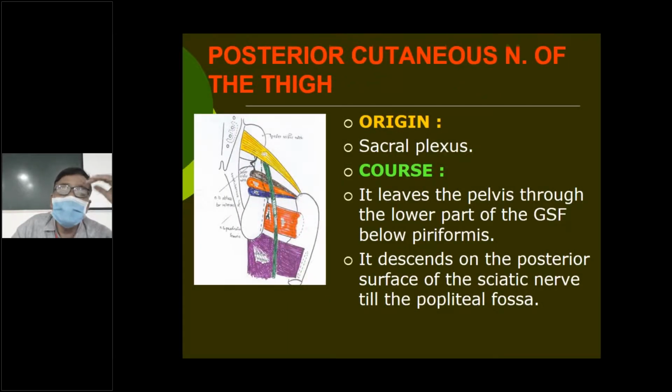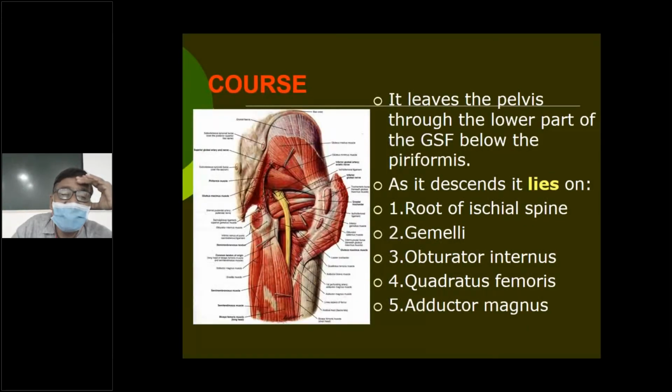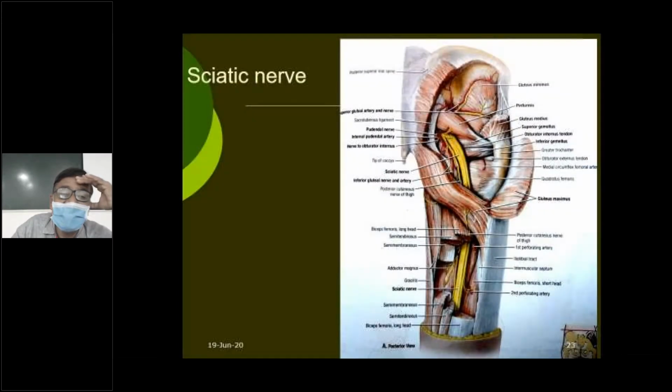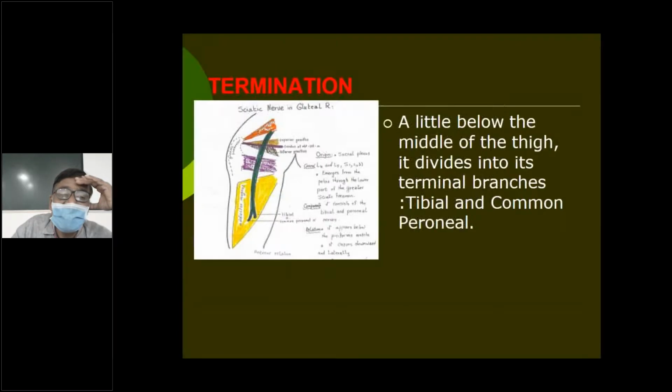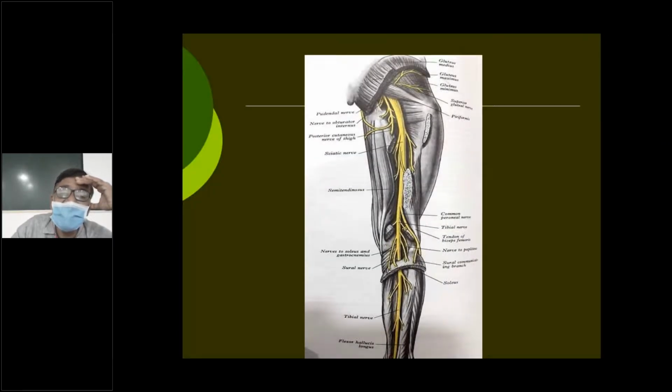Now let us learn the other nerves, which are smaller. Notable among them is the posterior cutaneous nerve of the thigh. This is already seen by us in the previous pictures also. It is always seen medial to the sciatic nerve. See that? Look at it, medial to the sciatic nerve. So in this picture, you can see it in a better manner. So this is the posterior cutaneous nerve of the thigh. This is the one which supplies the skin of the back of the thigh. This is the main nerve.